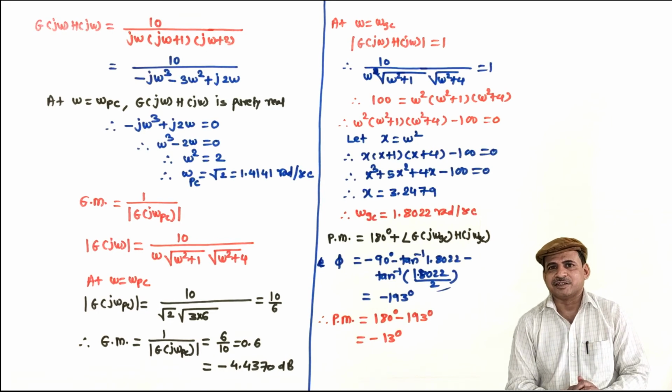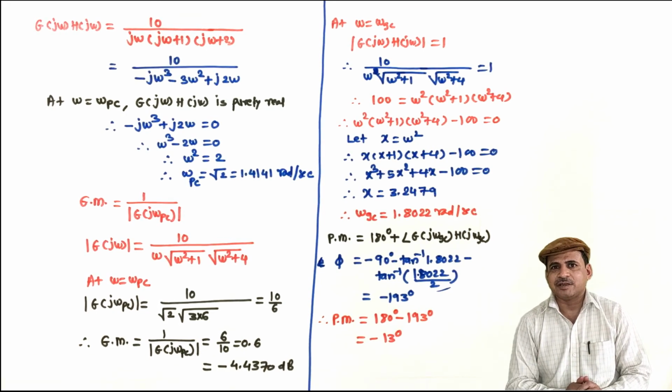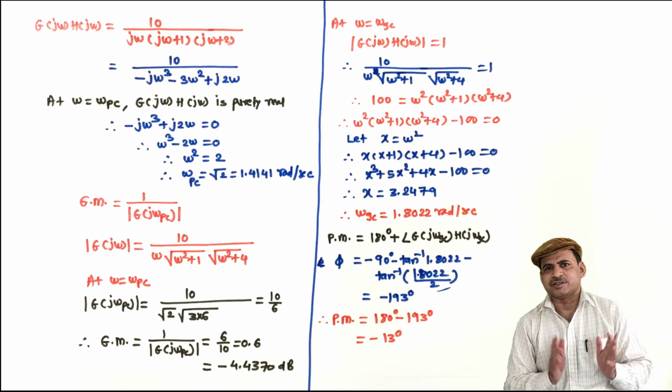It is enough in this lecture. In the next lecture, we will consider 4 to 5 representative transfer functions, and for them we will sketch the polar plot, and in that example we will not calculate these parameters, but our objective will be to see how the polar plot takes its shape for the different kinds of transfer functions.